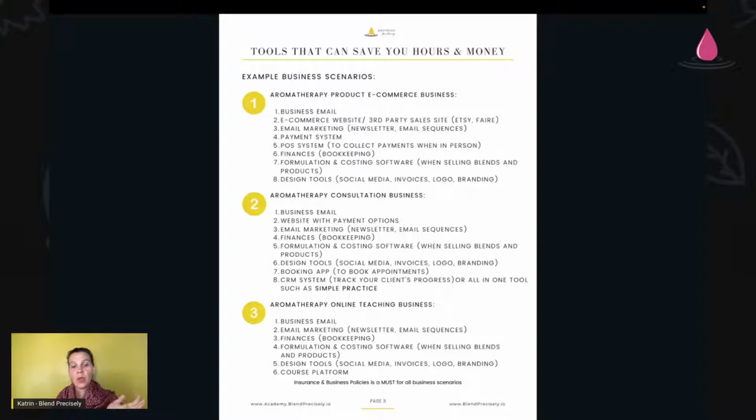With Blend Precisely, you can become an affiliate. You can actually create an extra income stream through that. You definitely do need your design tools as well. That will always be the case. If you cannot afford a designer, you do want to have a design tool like Canva.